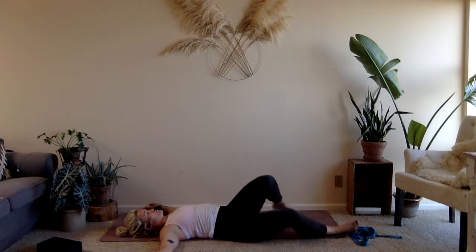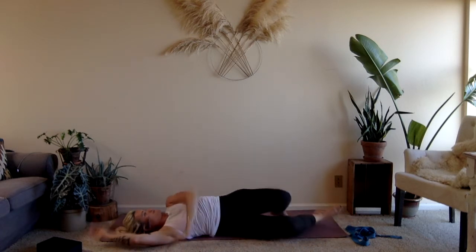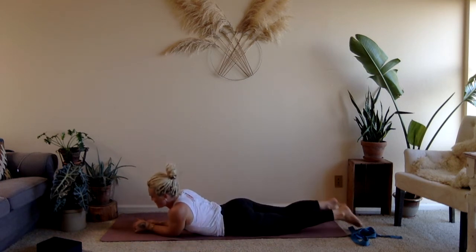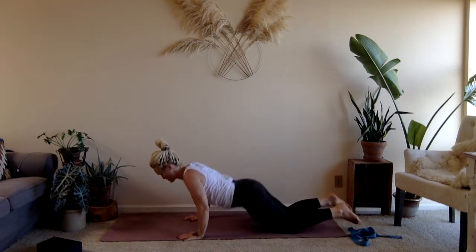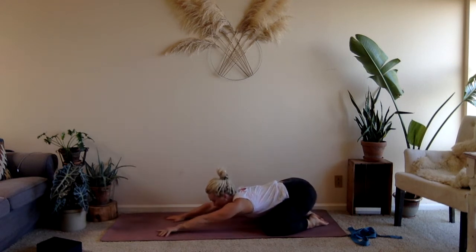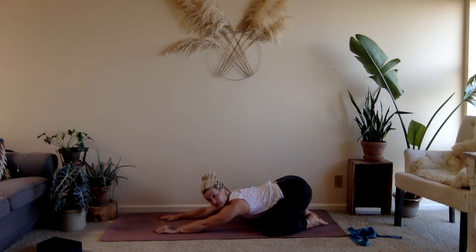All right, now here on your back, what I want you to do is just flip over onto your belly now. So you're lying down on the mat, press the palms into the earth, and press it back to child's pose. So the tops of the feet are on the earth, the arms are reaching forward, the forehead is on the mat. Now what I want you to do is engage the elbows, reach the arms forward as far as you can,